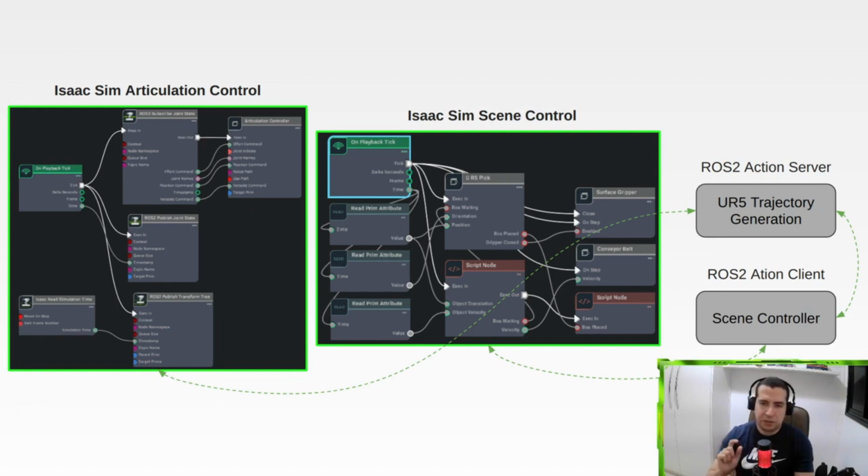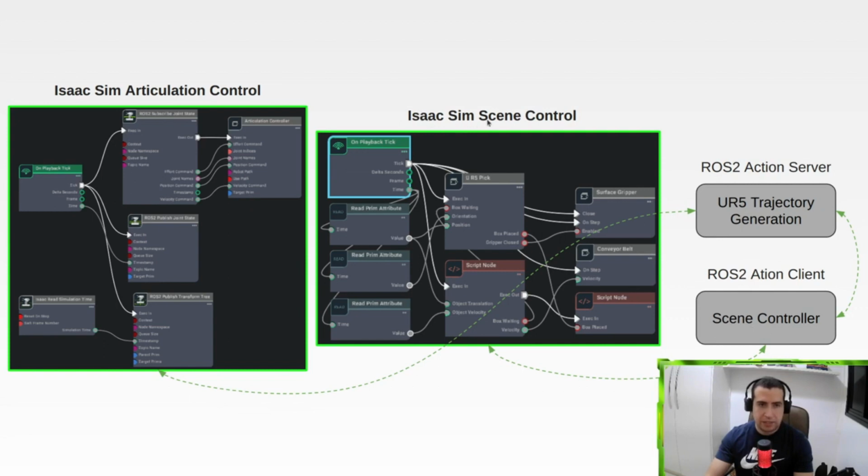If you want to check out how this is working, please see my last video about UR5 inverse kinematics. And also we have a ROS2 action client. I forgot to add a C after this A, but whatever. This client is communicating with